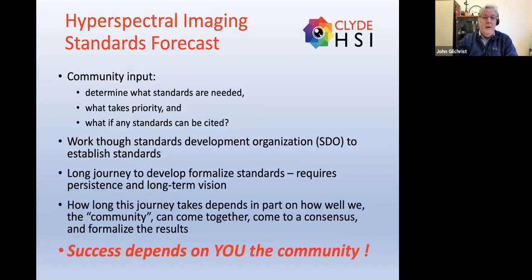Now, all of this can only be achieved by you, the community. And it is the case that the P4001 group is a community of industrial and academic and national standards bodies who have come together in, my opinion, one of the most open and thought-provoking groups I've ever been involved in.